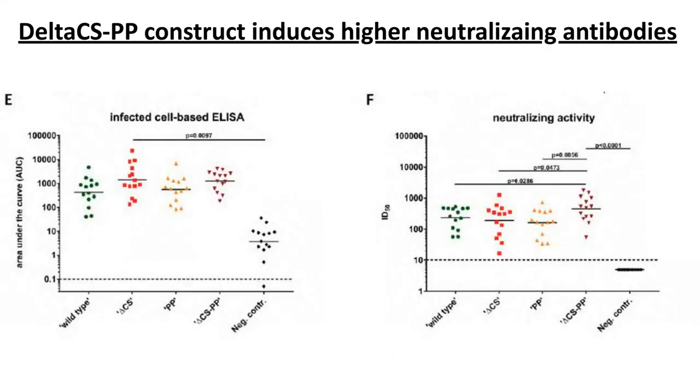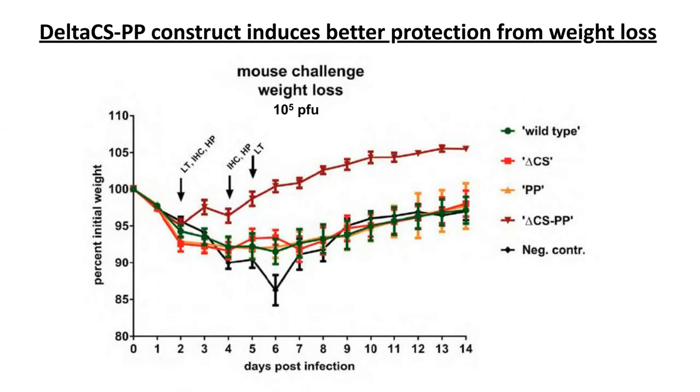So now, we look not only at binding antibodies to the spike, here on the left, which again are the ones that have the cleavage site removed, a little bit higher. But we look at neutralizing activity of these antibodies. Now what we can see is that there is one antigen that is much better in terms of levels of neutralizing antibodies, and it's the one that contains the two modifications, removal of the cleavage site and introduction of the two prolines. And if we now challenge these animals with